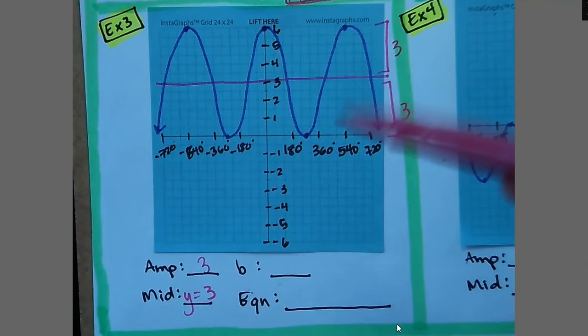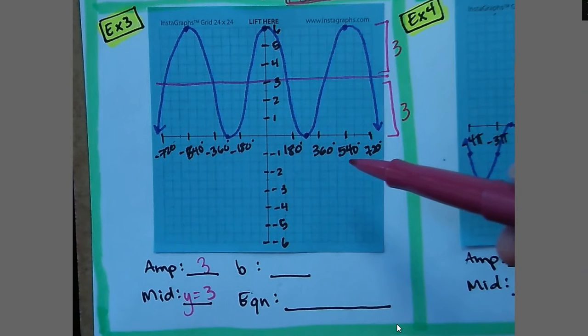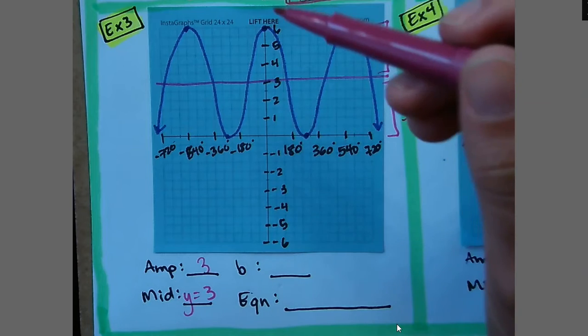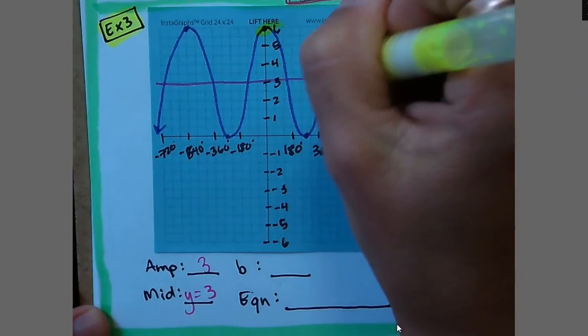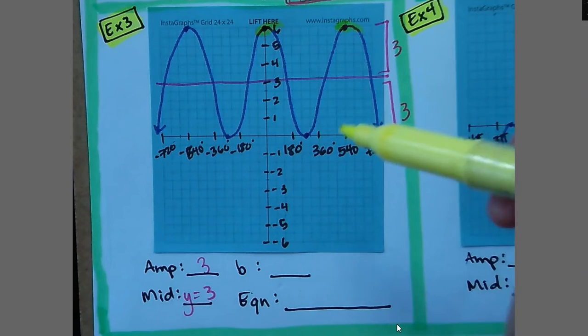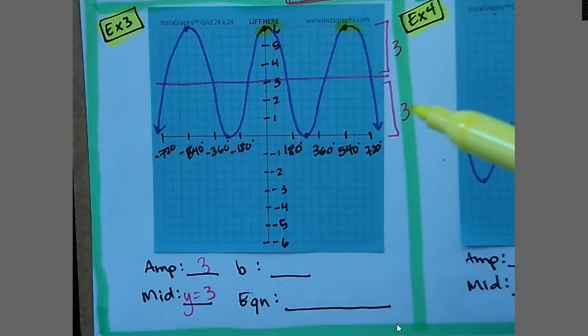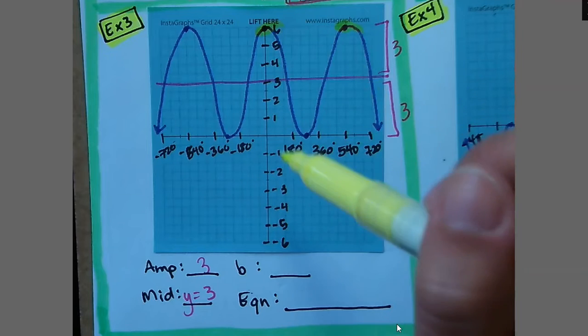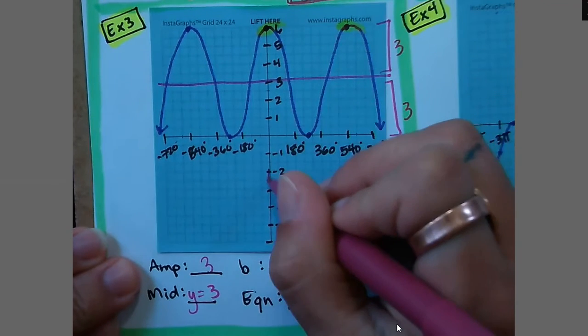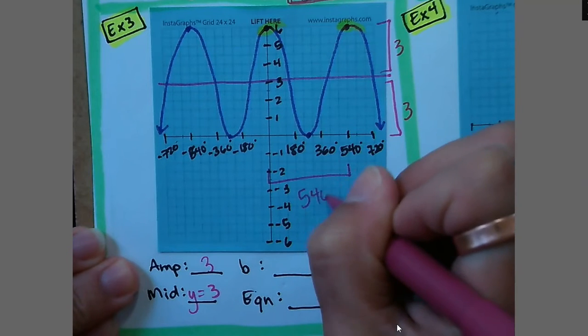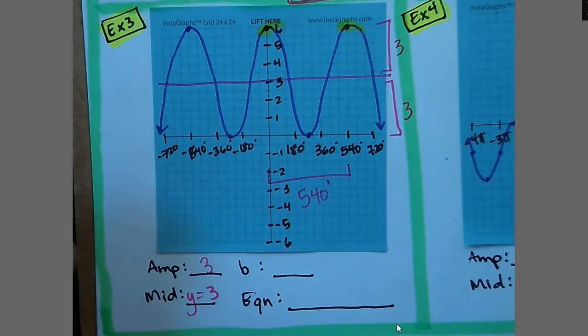And then we're going to see if we can count how many waves happen in 360 degrees. So here, starting there, goes back to it right here. So we can't actually count how many waves happen in 360 degrees. So what we need to see is how long it takes for one wave to happen. So one wave happens in 540 degrees. So we're going to do